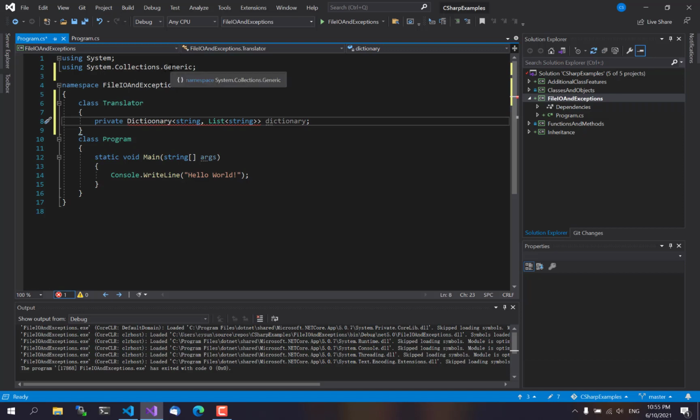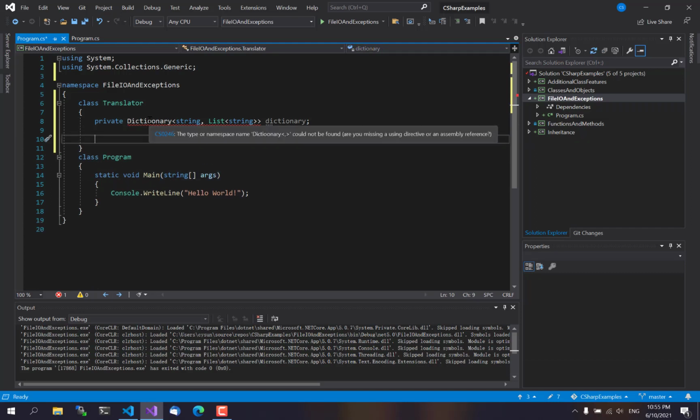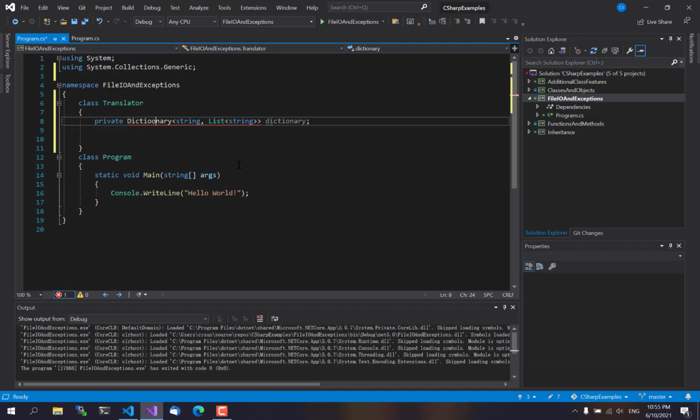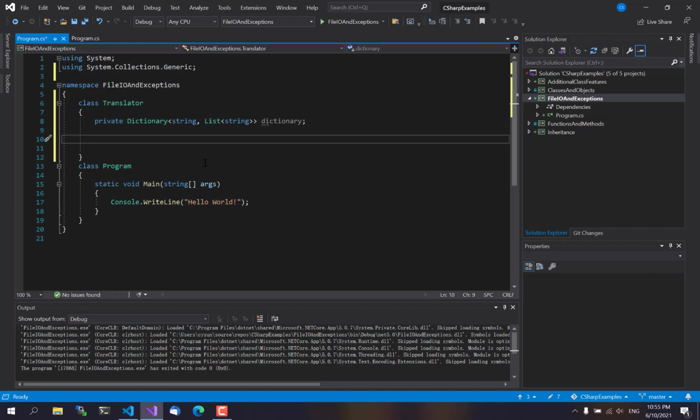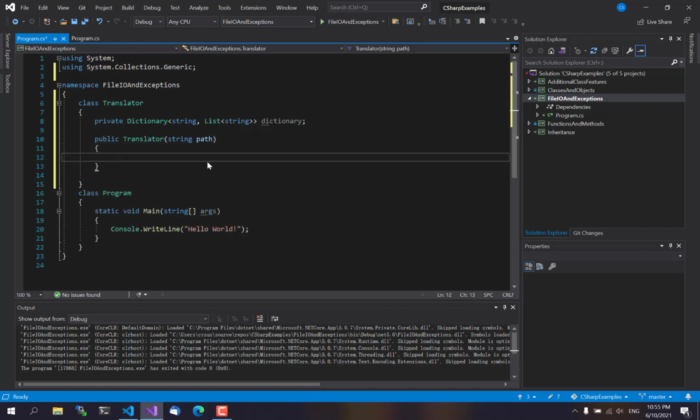We'll import the Collections.Generic namespace, and Dictionary. Okay, sorry, I misspelled it. Okay, so now it's good. And then we'll have a constructor, and this constructor will be responsible for reading the file. We'll do public Translator, and we'll take a string, which is the path to the file, and then we'll do